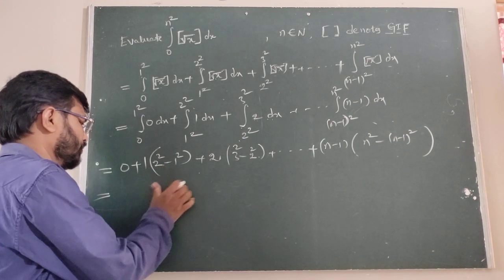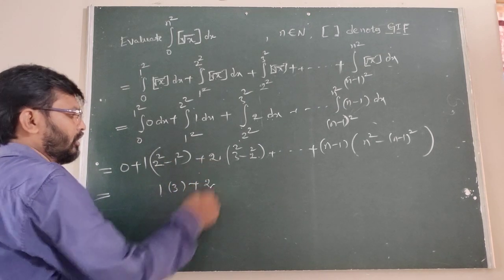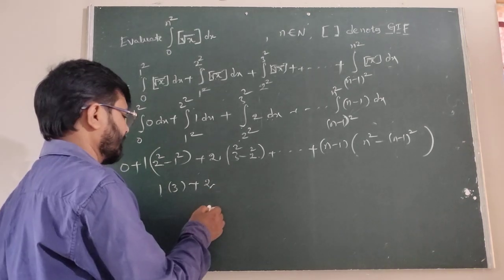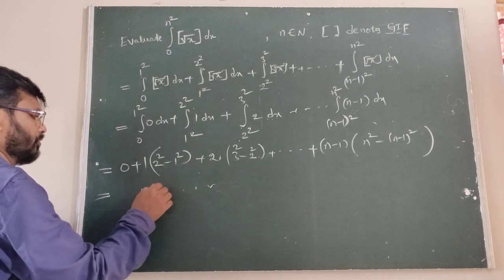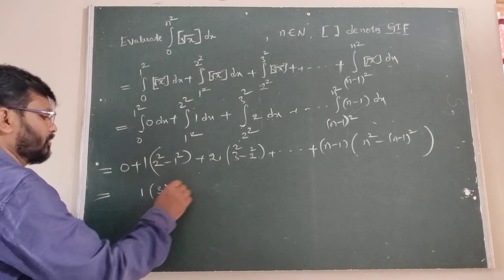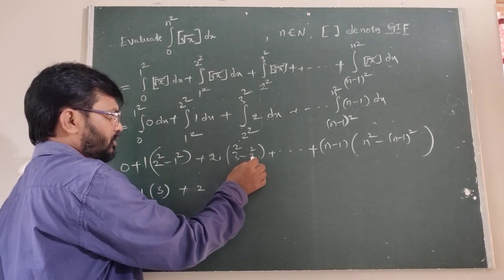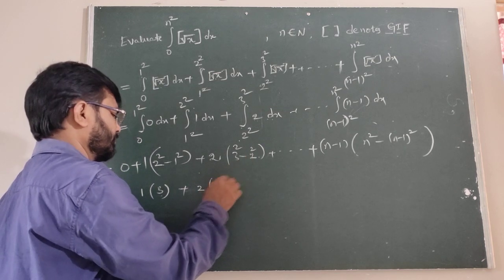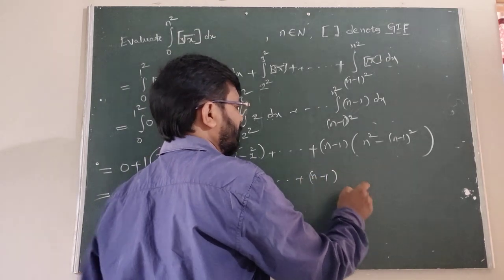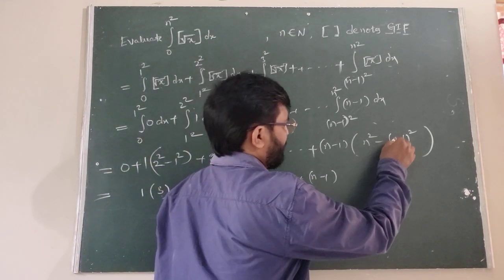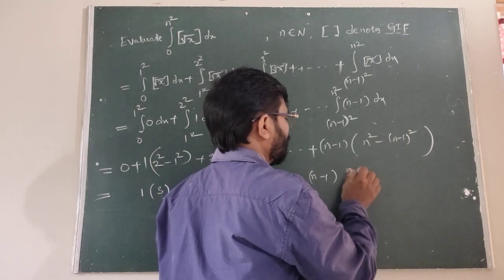Now this is 1 into (2 minus 1), (2 plus 1), 3. This is 2 into, all of you listen here, 3 minus 2, 1. How to write this: first you write 1 into 2 plus 1. After that 2 into this, a minus b into a plus b, where a minus b is 3 minus 2, 1, and a plus b is 5. Then the final one is n minus 1 into n minus, minus of minus plus. Therefore you can write 2n.